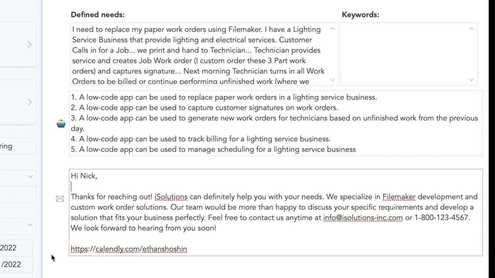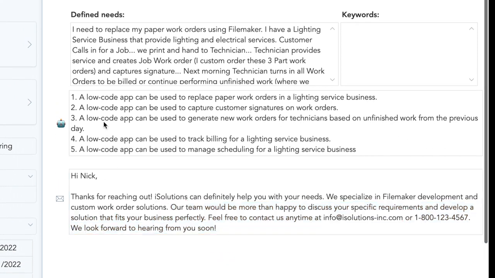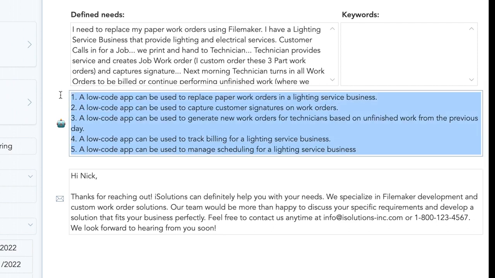You see a couple things here like thanks for reaching out. I did instruct the model on how it would form salutations like that. Looking forward to hearing from you soon. Thanks for reaching out. And then also express with confidence that iSolutions has the capabilities to do what they need, and then address some of the keywords and what the next steps are. So anyways, it was okay. I mean, this bullet point of 5 things is certainly usable, but maybe not the full-on script that